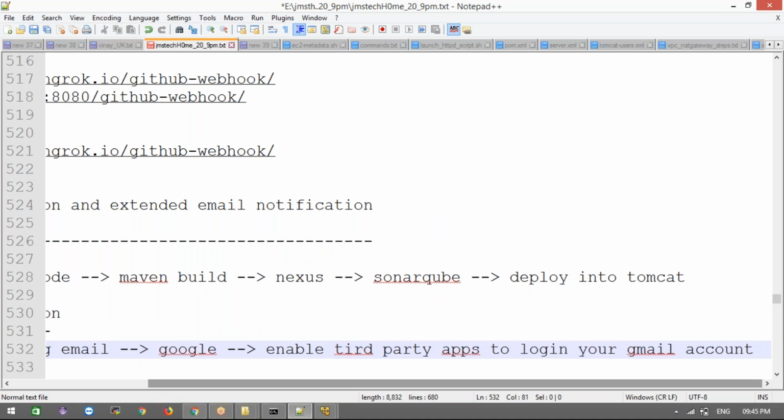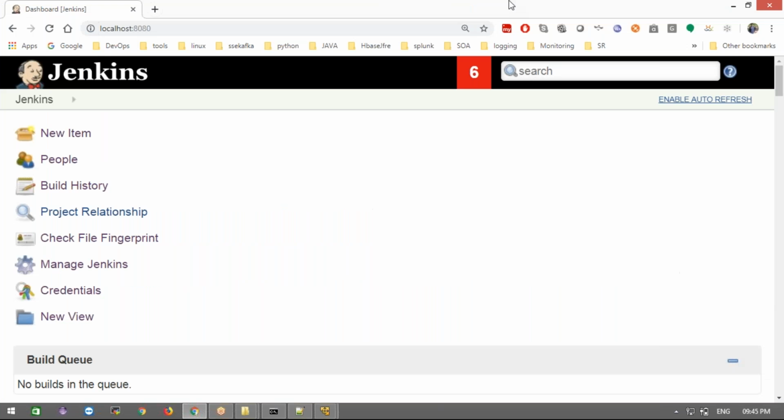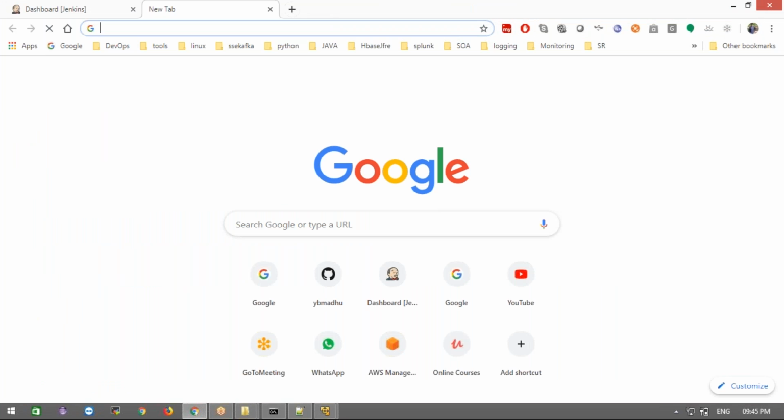For this, we need to enable the third party application to log in through the Gmail account. For this, go to your Gmail account, the Gmail you are going to use for enabling, go to that particular Gmail account.